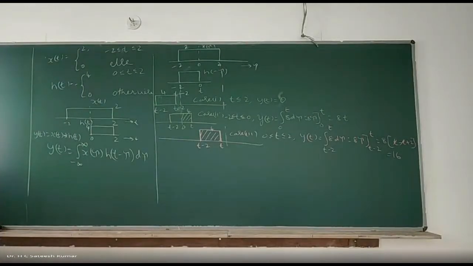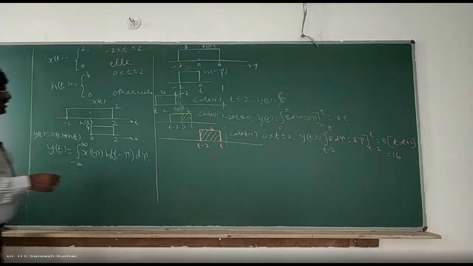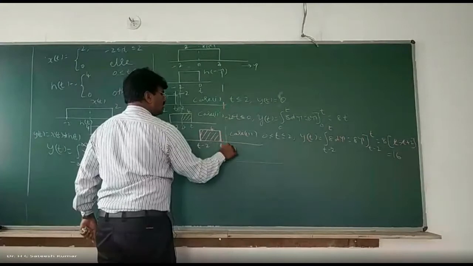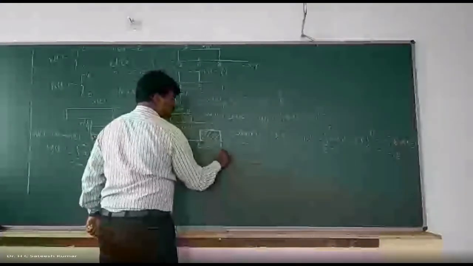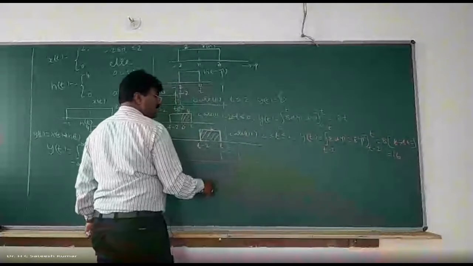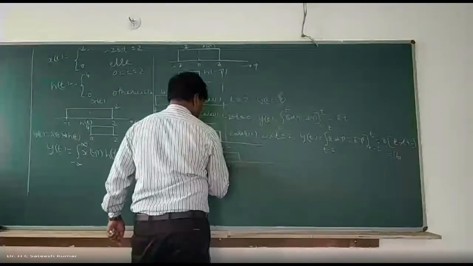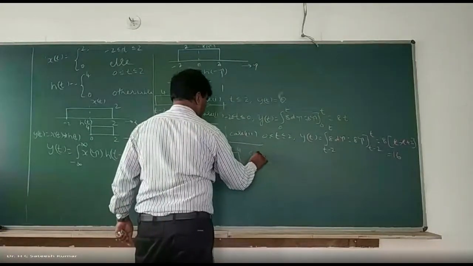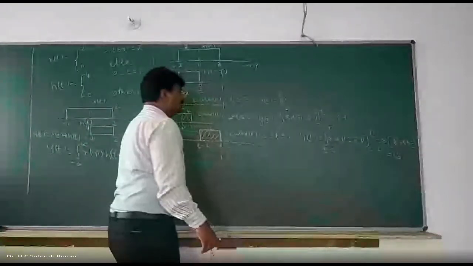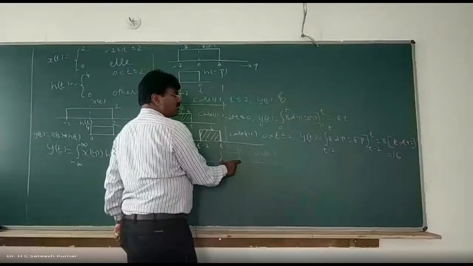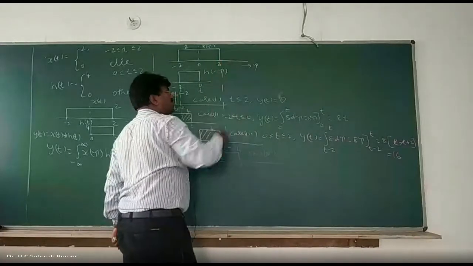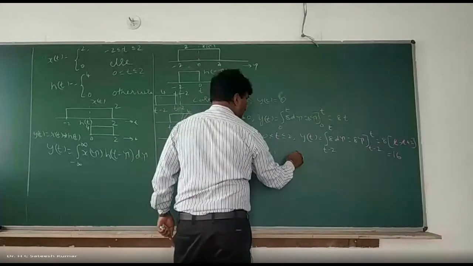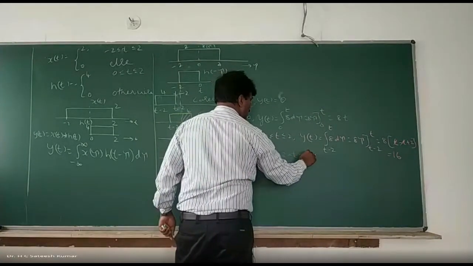So case number 4. Case 4 is decreasing, right? So now it is going beyond 2. Right edge is going beyond 2. This is t minus 2. Amplitude is 4. The width of the second one is 2. So if the second one is to go out of the range of the first one, it has to move by 2 units. Therefore, 2 to 4 we can take it. So case number 4, t lies between 2 to 4.